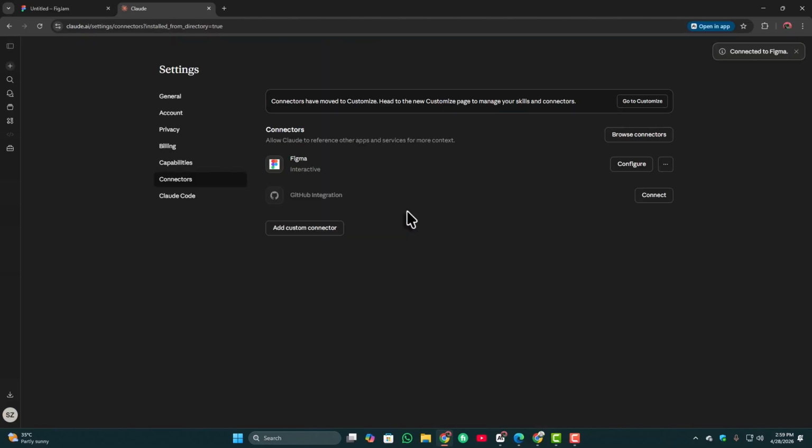Once connected, you can start generating code or design suggestions directly inside Figma and improve your workflow easily. And that's it. You have successfully connected Claude Code to Figma, and now you can use it in your projects